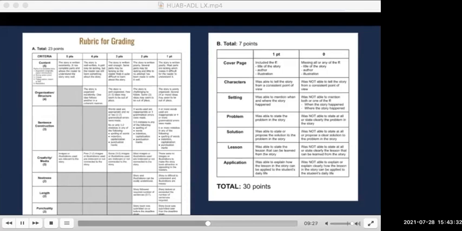Since language is the subject wherein this is taught, neatness, length, and punctuality were then given 2 points each. To recognize their students' effort, the lowest score they would get for each category was 1 point.